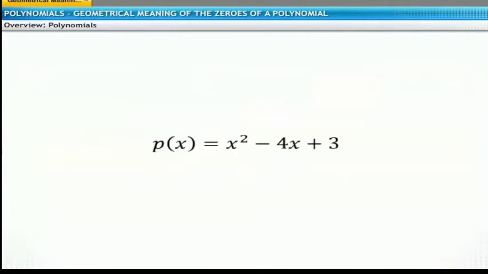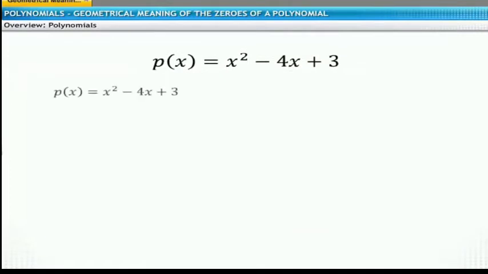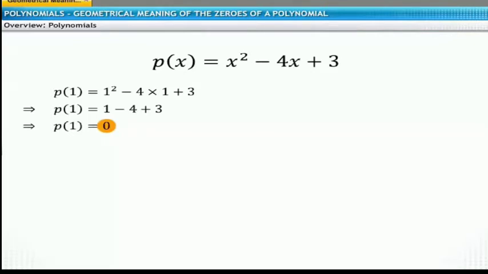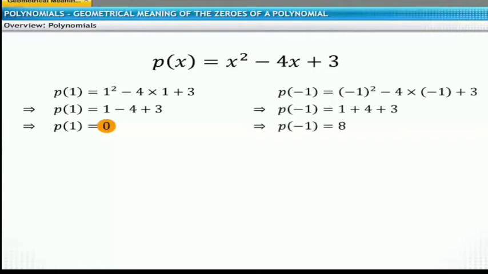Okay, so one example is given in front of you. p(x) is equal to x square minus 4x plus 3. So let x is equal to 1, so we are putting the values and solving for 1, so we can write here p(1), because now x is replaced by 1. So what is the value of p(1)? That is 0. Okay, it means in place of x in the given polynomial we are writing 1, that's why we are finding 0. So p(1) is equal to 0.